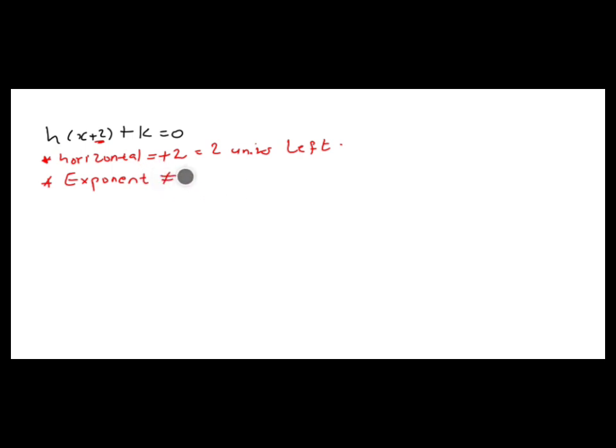It is not affected, particularly for this question, because k involves vertical shifting. You see that? So since the plus 2 only affected the function horizontally, it will not really affect the function vertically. So from this equation here,